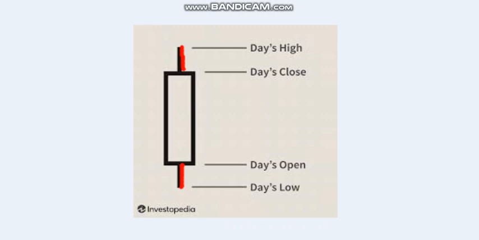Every candlestick will give you four pieces of information. It will give you the opening price, the closing price, the day's high, and the low price for the day. So open, high, low, close is the information that you will find in a candlestick chart. Now when you look at this candlestick, you see that the body of the candle is white in color. We can also call this a hollow candle, wherein the body of the candle is either white, with no color, or it can also have any light color.